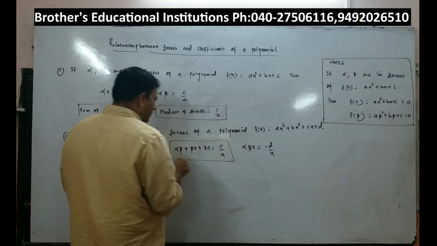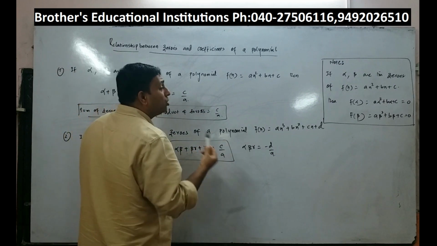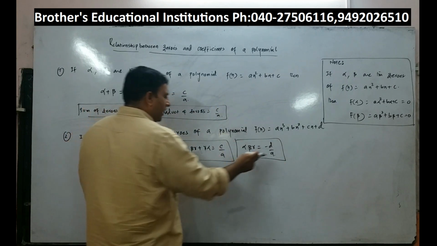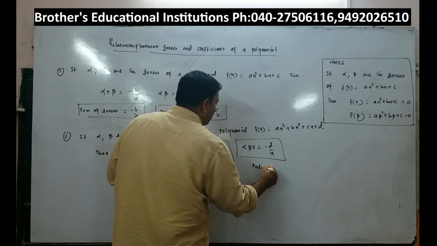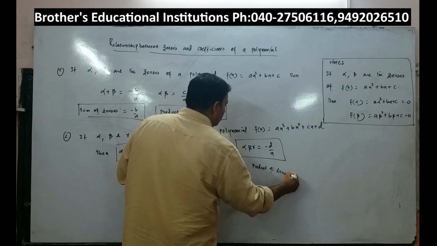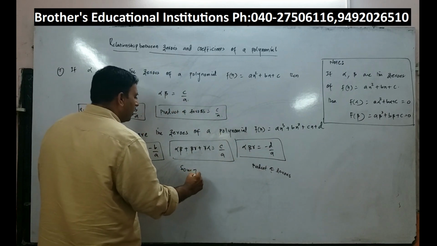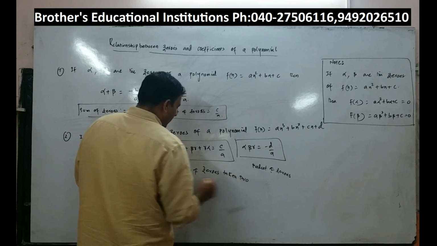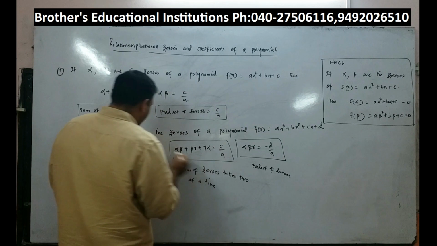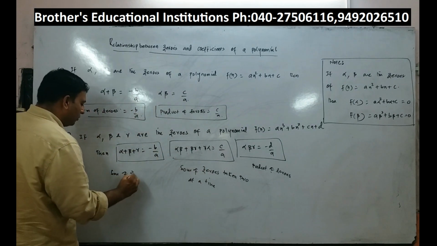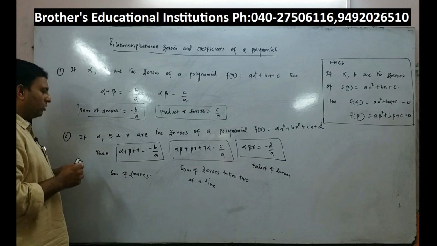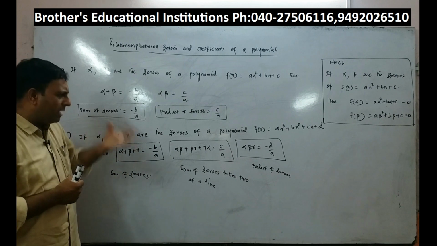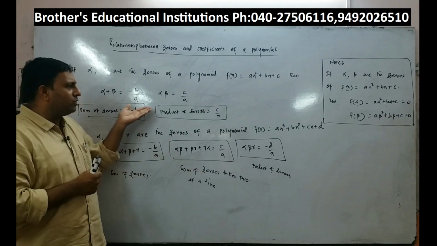Whenever plus is involved, it is sum of the zeros. Sum of the zeros taken two at a time. And what is this? Nowhere is plus involved. So this is called what? Product of the zeros, right? I repeat, this is called the product of zeros, right? And here it is called sum of zeros taken two at a time, right? And this is simply sum of zeros, right? So please do remember these two things, because in the final examination, in the board examinations, it is mandatory that you will get at least one question based on this concept.